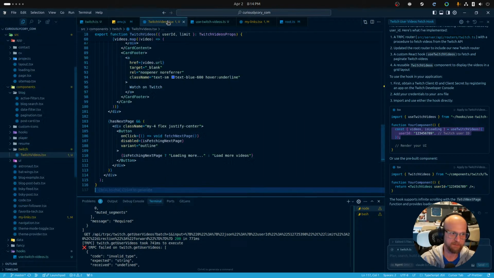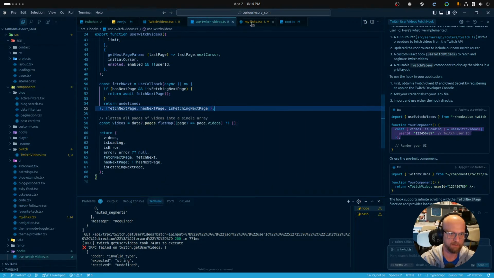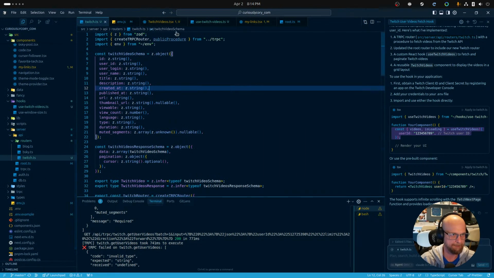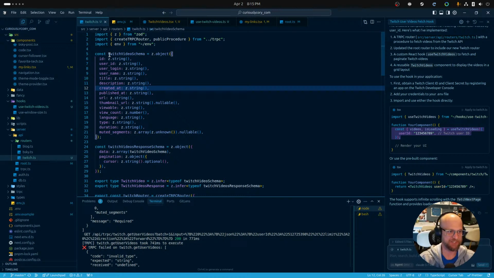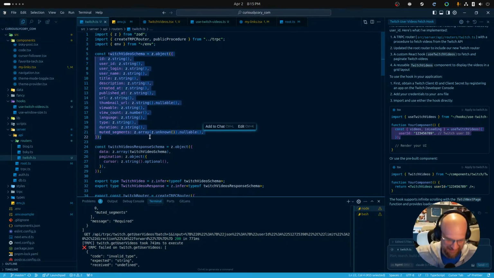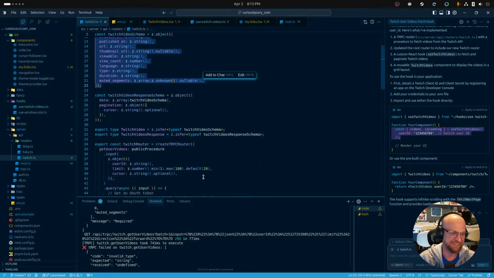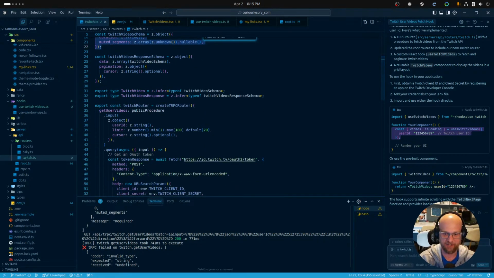Okay, rather than doing that, hold on. Where'd it go? Oh, I'm looking at it. I'm so used to putting schemas in their own files that I thought I was in a schema file. Let's see here. Okay, so